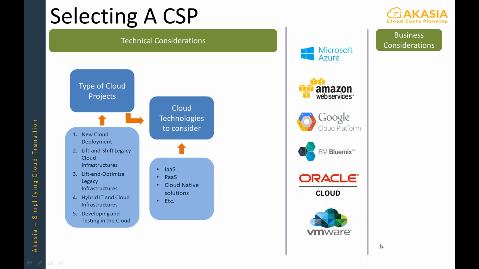Once you have determined the type of project, the next thing you would obviously consider is the technologies that would be relevant for you. And then you review the offering from each of the clouds of interest, and then look at the capabilities, the maturity level, the availability, performance, and so on and so forth. All of those things come into play. Almost every cloud operator provides free trials. You may want to consider doing a free trial at that time as well.